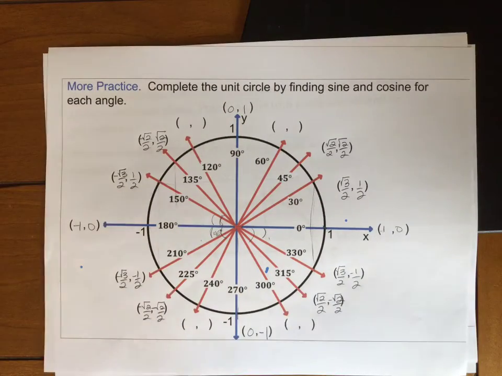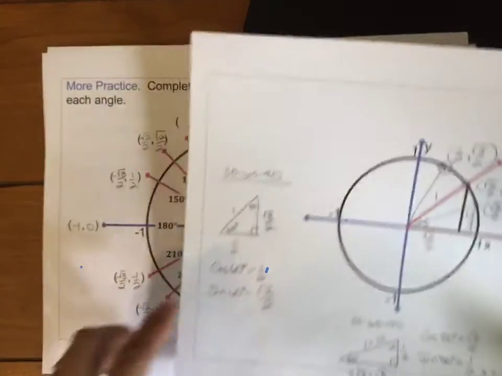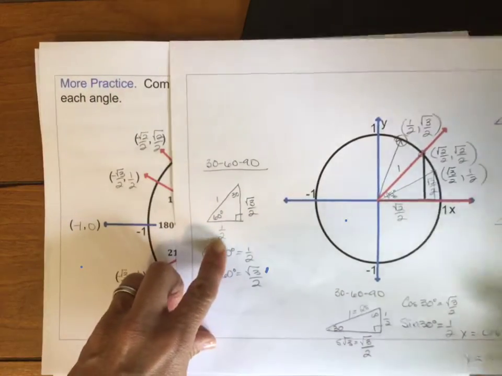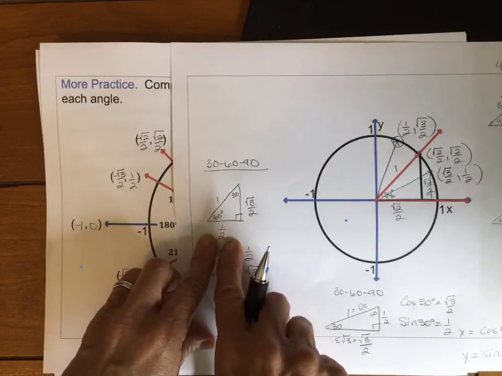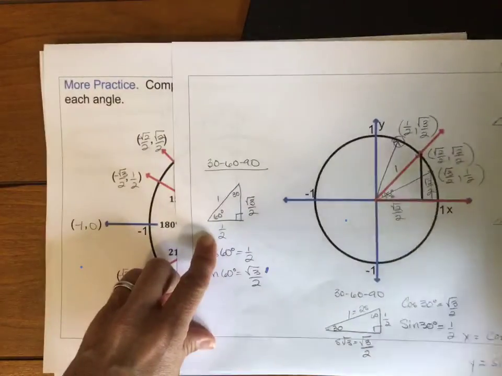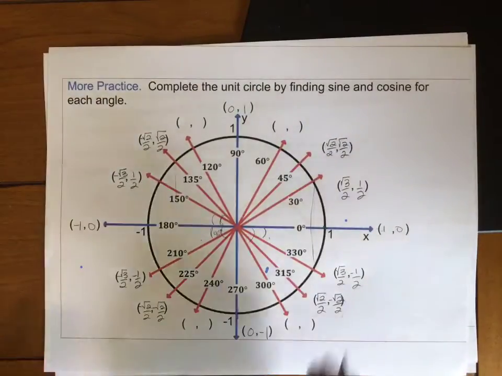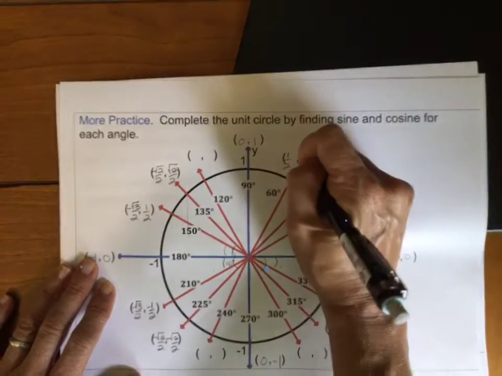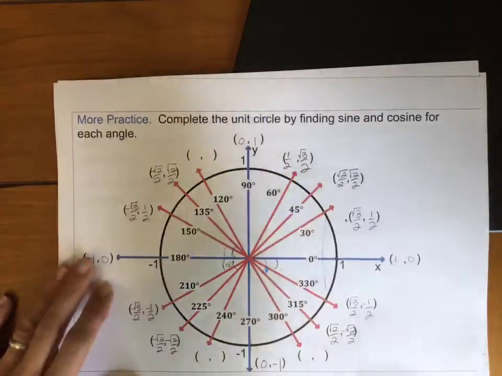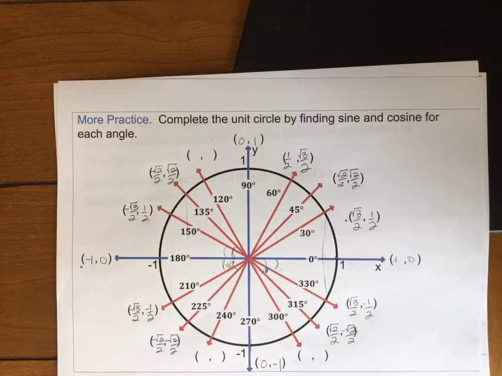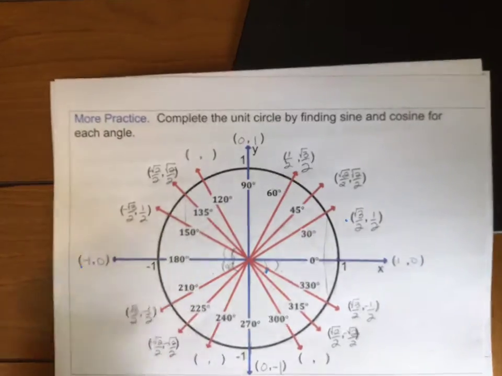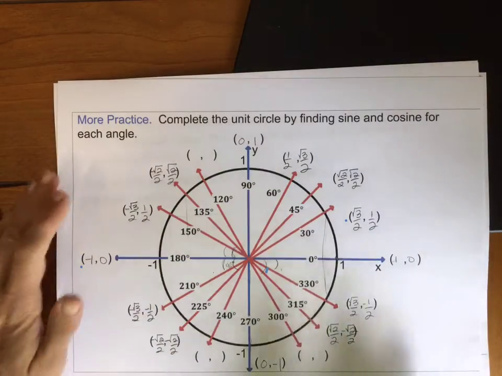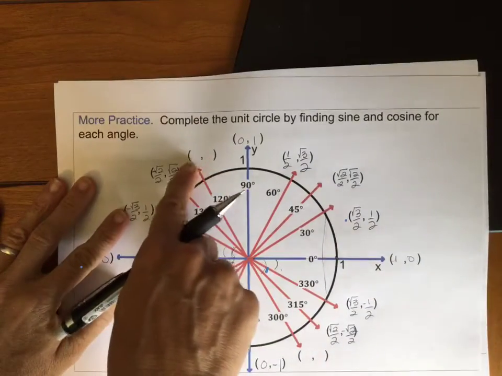And now we just have one triangle left, and that was that 60-degree triangle where my x value was 1/2 and my y value was root 3 over 2. So up here, 1/2 and root 3 over 2, and we have a 60-degree triangle if we're using reference angles in each quadrant as well. And it's all that we have left. So over here,